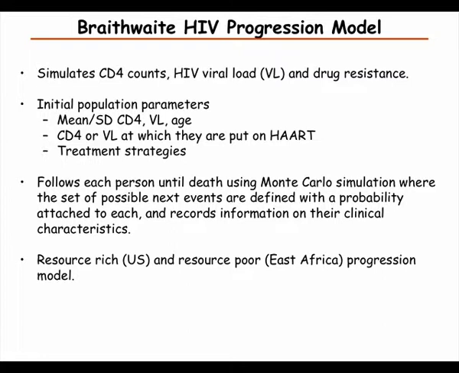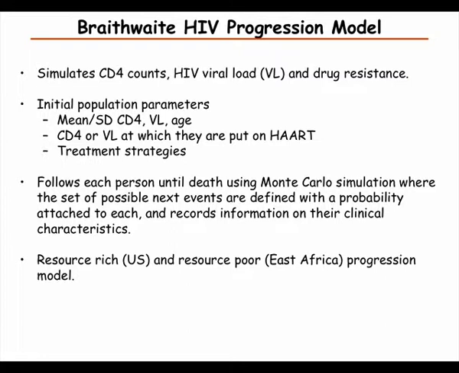The nice thing with the model is that we input all these probabilities, for example, if you have a certain viral load, what's the chance of dying depending on your age. But then we can simulate a much larger population,